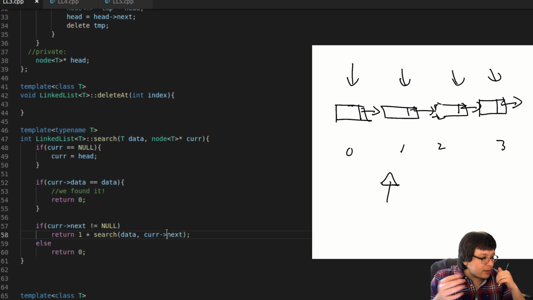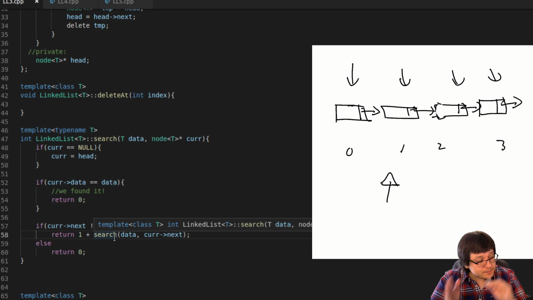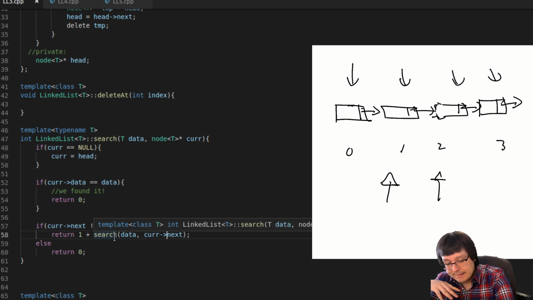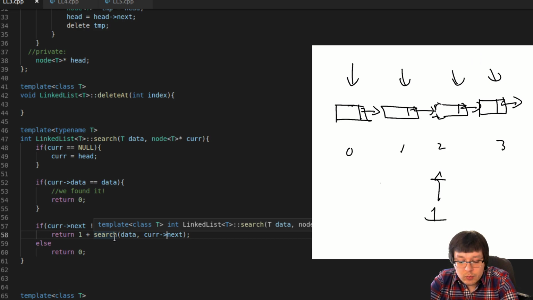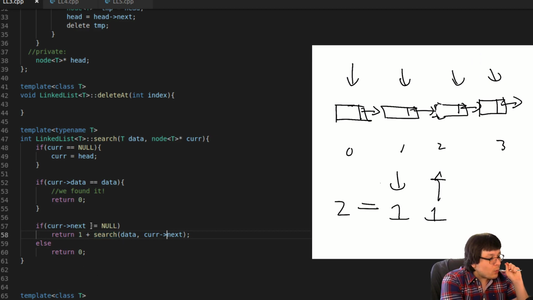And if we find it there, then you return 0, because when we get back to this line on the first call, we do 1 plus 0. However, if we have to go in again to the next node, then we move on to index 2. Suppose it's found there. This returns 1, which gets added to this one, so you get 2 out of that, which is exactly what we want. That is why adding 1 plus a search is going to work for us in the case that the item is found.